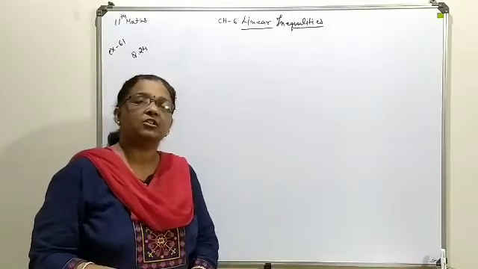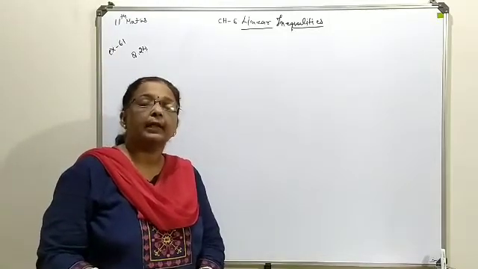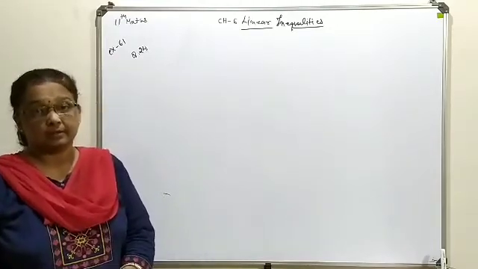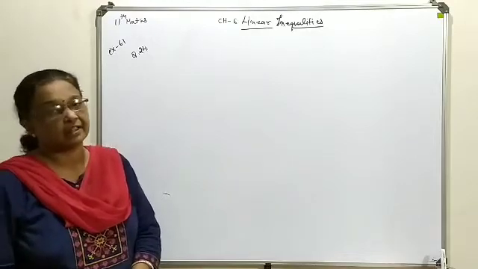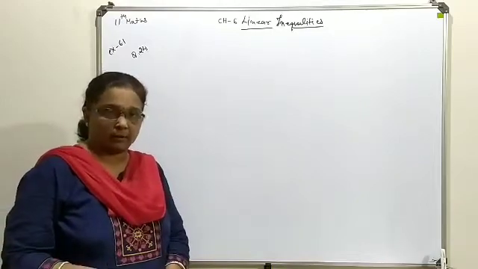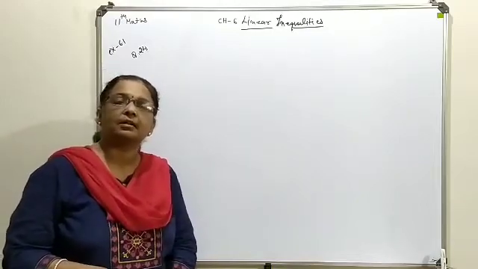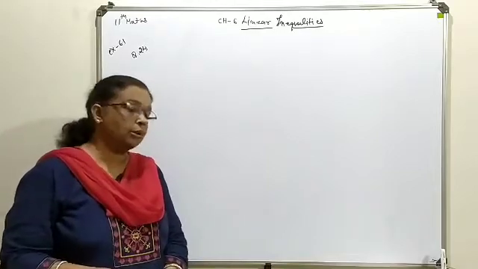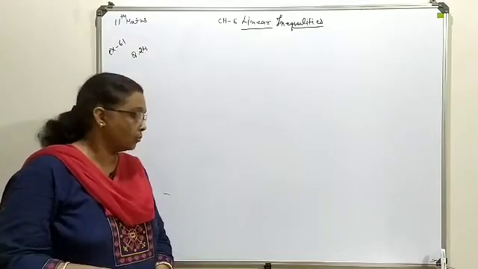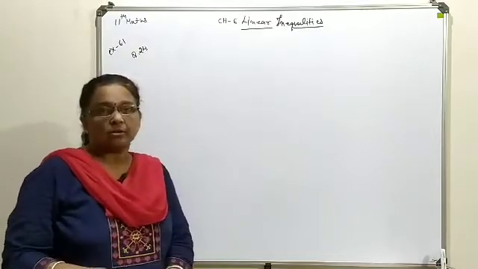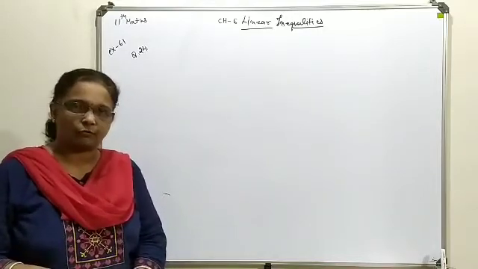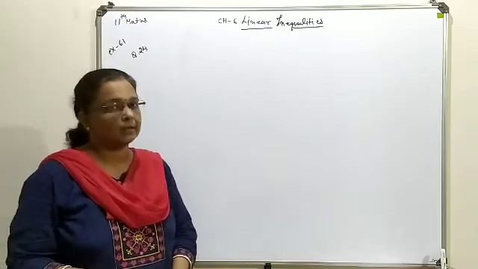First of all, with respect to the integer values, let x be a positive even integer and its consecutive one will be x plus 2, and each number is greater than 5. So x is greater than 5 and x plus 2 is also greater than 5, and the sum of these two, x plus x plus 2, is less than 23. So we have three inequalities to sort out the final answer, meaning we have to find the pair of solutions which satisfy the given conditions.